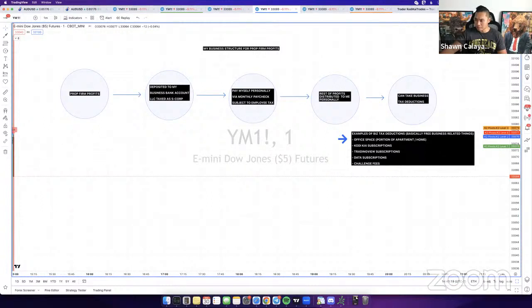Richard's asking, was going to gift it to a nonprofit. Yeah, I figured that's what you're trying to do too, Richard. You can gift it, but it's still going to have to be taxed one way or another. It's different when you already have the money and then you're gifting it. But once it touches your account, you get taxed on it. And then from there you can gift it. So that's how it would work in that situation.